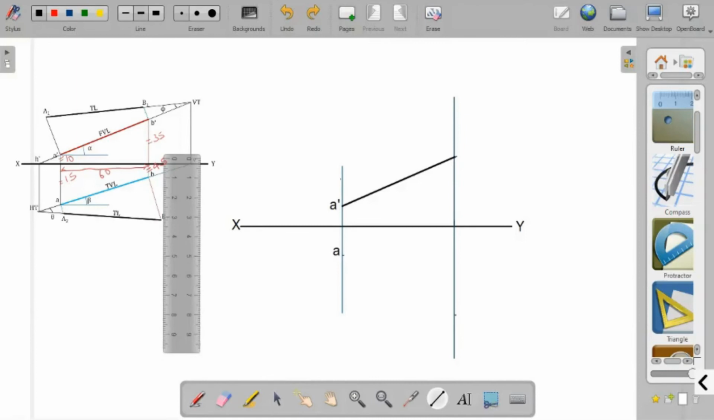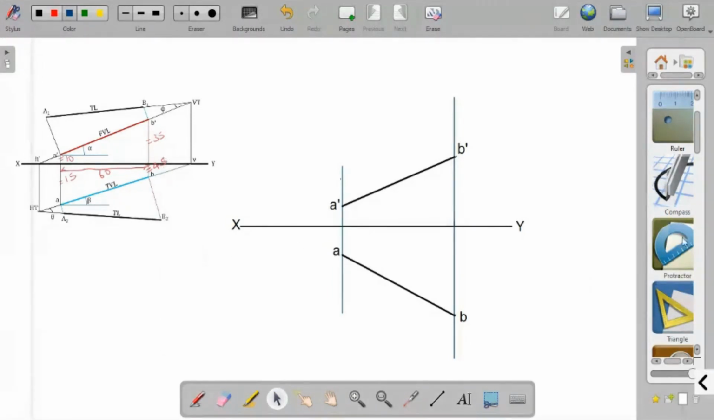A dash and B dash, and A and B. So this is point B dash. This point B. So this much you have obtained. Now what we have to do is you have to draw perpendicular lines